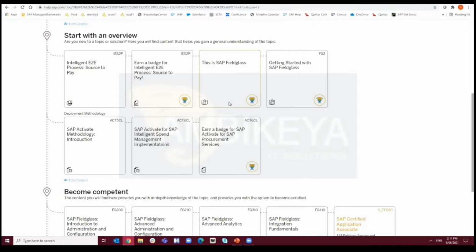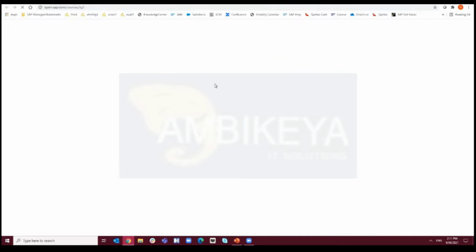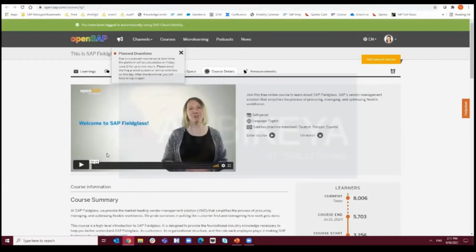Now, both of these offerings are available through Open SAP. And if I just click on that, it'll actually take us to the Open SAP platform. If you are unfamiliar with Open SAP, it is a free platform offering content from SAP as a whole, and it contains a lot of information, a lot of short e-learning type material whereby you get to become more familiar with our products. The way that we at Fieldglass have set this up is that the Open SAP platform contains all of our transactional